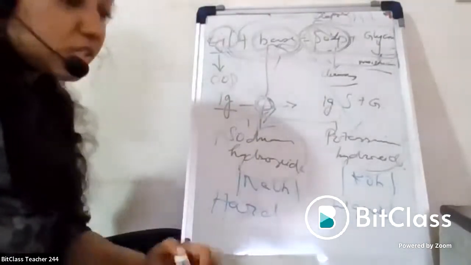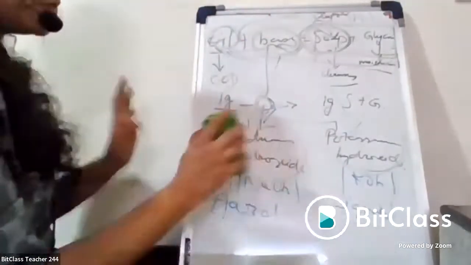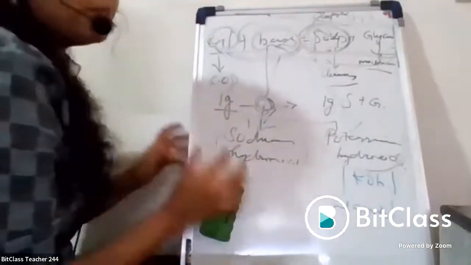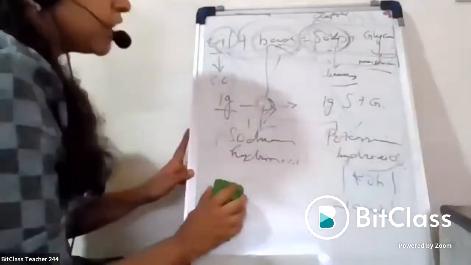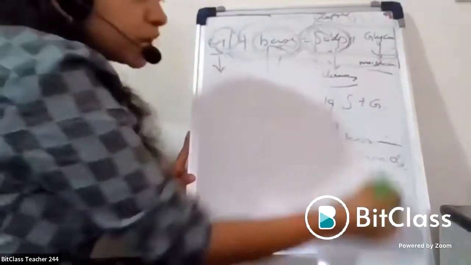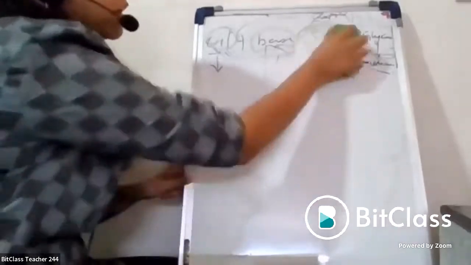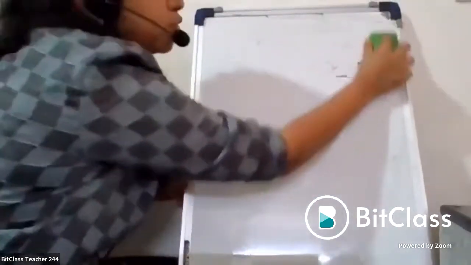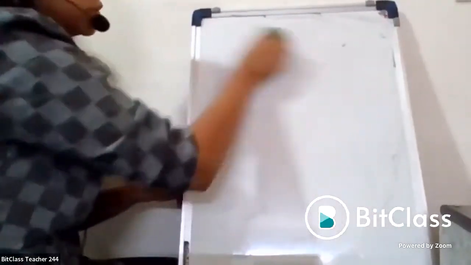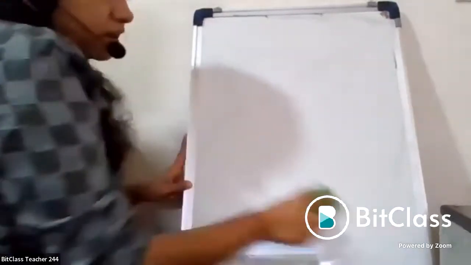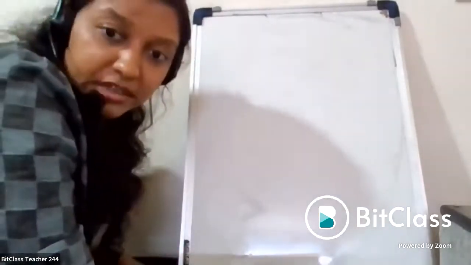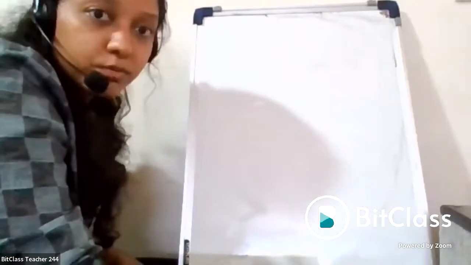So this is the process and formula of soap making. Now there are different methods to make soap. I'll give you a quick start for each method for you to understand, and then we'll move on to today's class of melt and pour soap making. Can anyone tell me what are the methods you know to make soap?